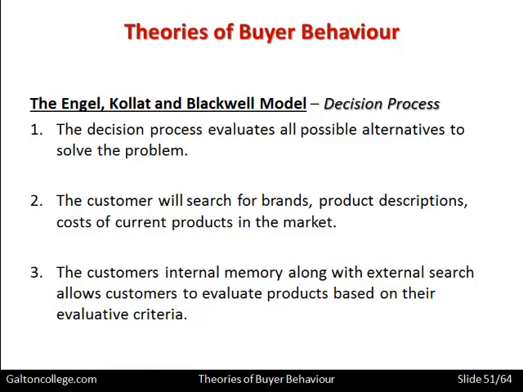So it's a whole process of trying to decide internally, decide in the customer's mind which one is best, but also looking at external search factors and what the external search was saying, and also trying to decide which one would be most suitable for the buyer. So we can see it's a complex process. It happens fairly automatically when we decide to purchase something, but what this model is doing is exposing all of the different steps so that we can see the processes one after the other.